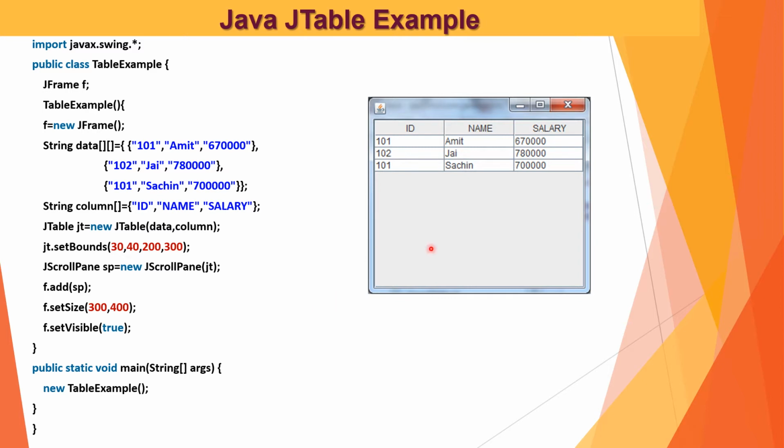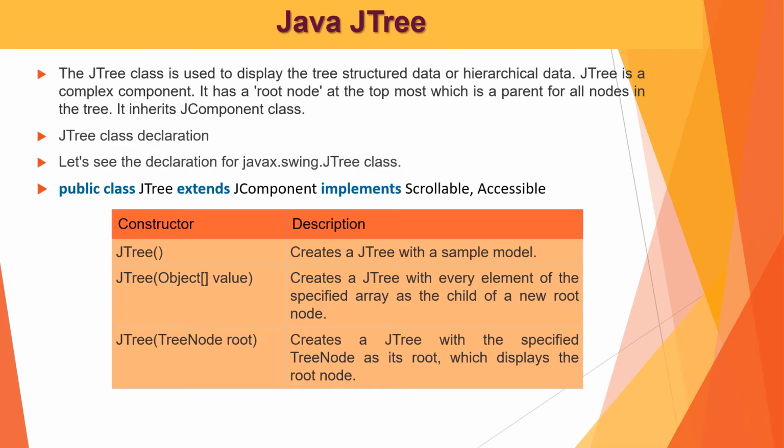And just you can see here, we have not placed the name of this JFrame. For doing this, we have to initialize the JFrame with the new object, and we can create the name of that JFrame, and that will be displayed on the upper side of this frame. So that will be the example of Java table.